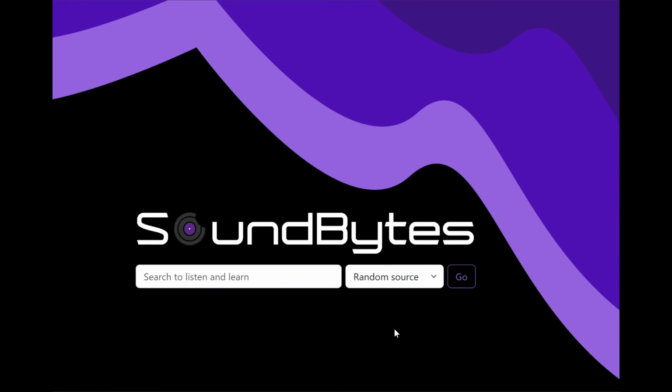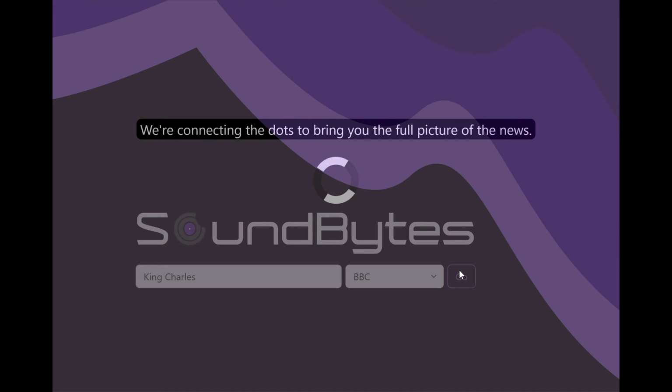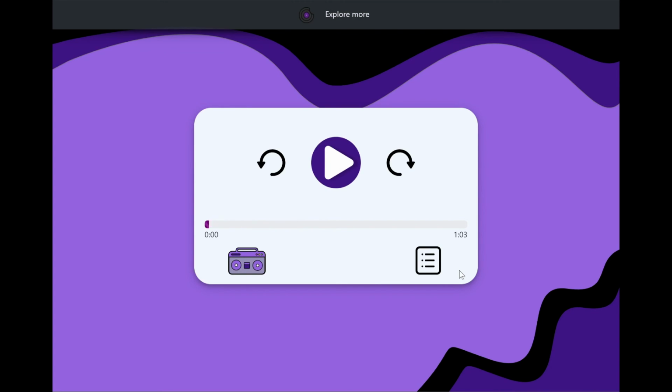Demo of Soundbytes, so the user is able to input a search query, such as King Charles, and then they're able to select from 3 different sources, and this time we'll try BBC, and then run go. All right, and now here we have our custom player with our custom buttons, and if you press play, it